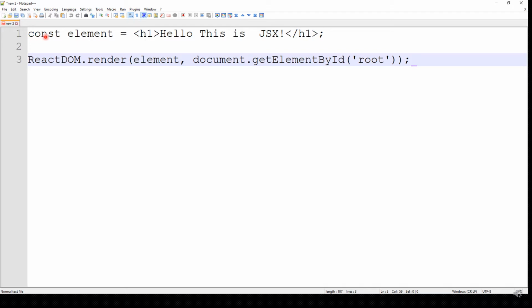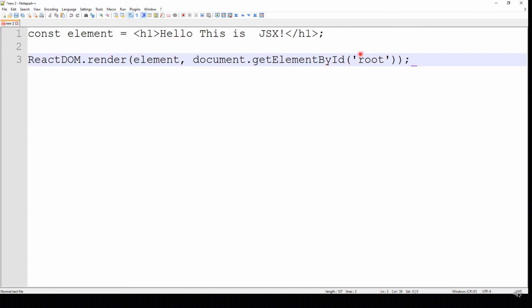Const we use when we don't want to change the value. It is an unchanged value. So I used const as element. Here is a normal HTML tag h1. In this I write hello, this is JSX. After that, ReactDOM.render, here is the element. It comes from here, const element.